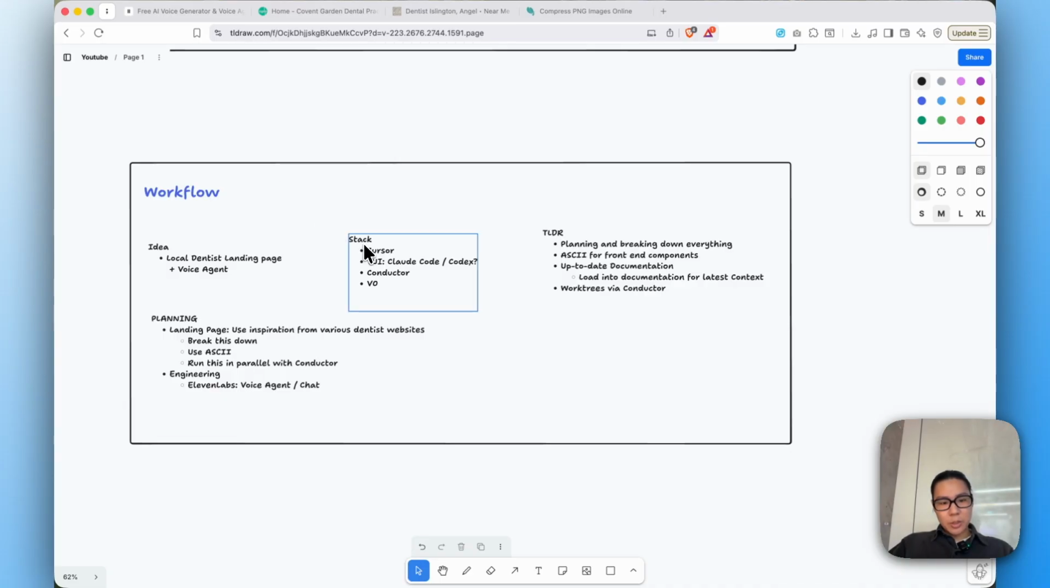And the stack that I'll be using is Cursor, Claude Code, or maybe Codex if we run out of credits, Conductor for parallel process work trees. And once again, the most important is planning. So we're going to be breaking down the landing page and then running those in parallel work trees. And then we'll be working on the engineering stuff as well with work trees. So a work tree is kind of like a branch or a different, just think of it as like parallel